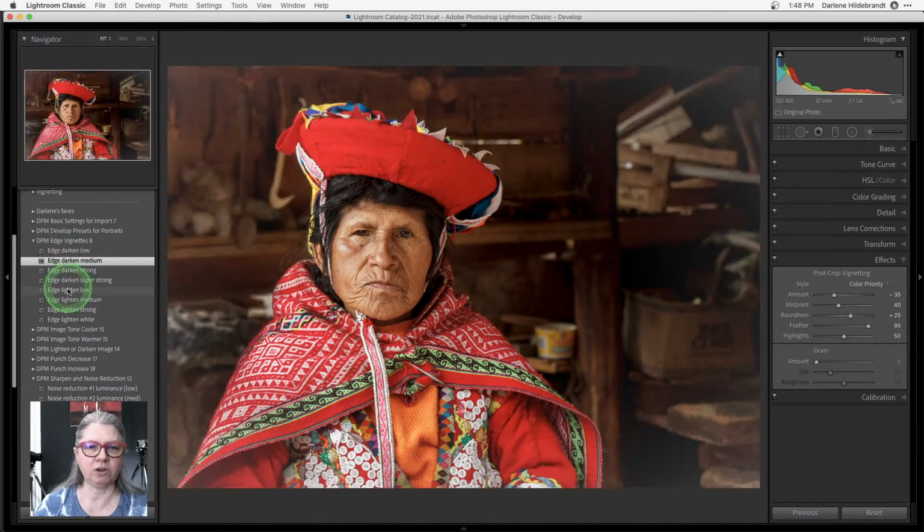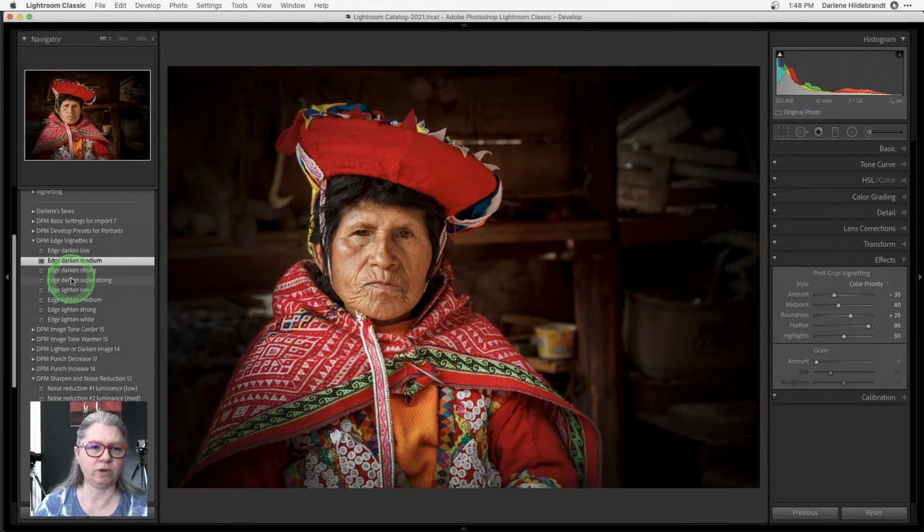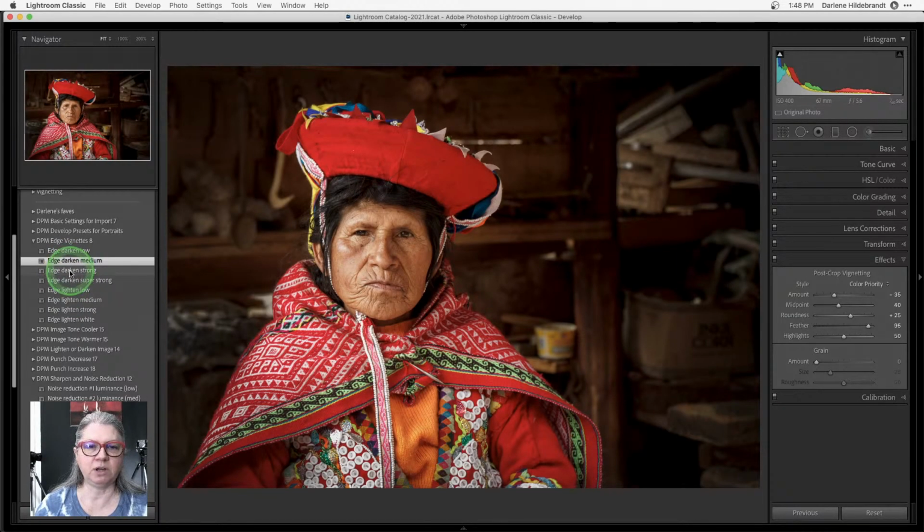And just by hovering over them, you see what they are doing, right? So I don't actually mind the strong one. The challenge with Lightroom vignettes, though, is it goes in the middle of the image. You can't off-center it. So that's why I did that radial filter on her and darkened it off-center, okay? When you're using the vignette tool in Luminar, you can actually position it. So it's more like a radial filter.